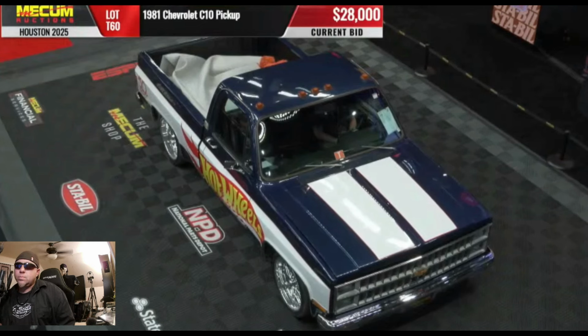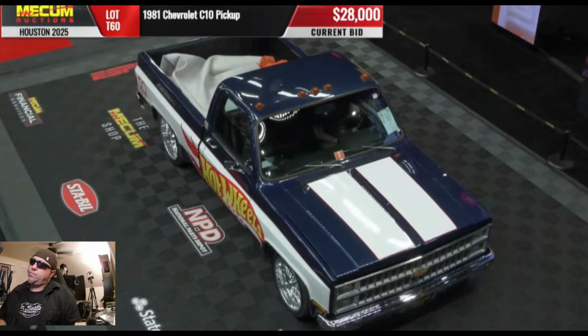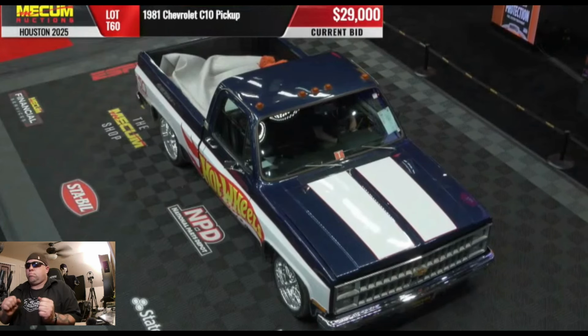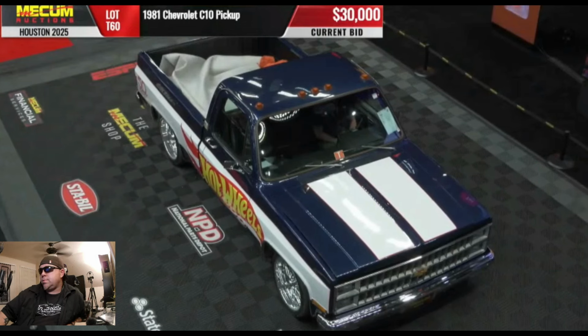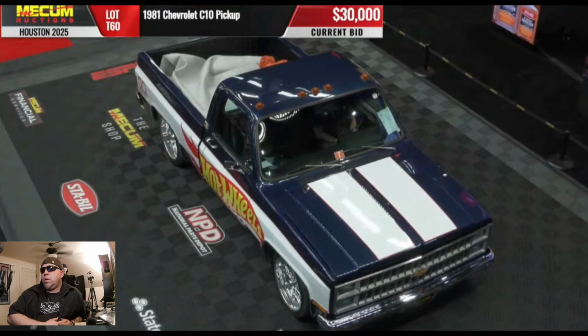Whatever. Bid, not get a bit of a 30, not get a bit of 8, not get a bit of a 30 bid, and not get a bit of 9, 30,000 a bid, 29, 30,000 a bid, the truck off the block, 30,000 others 2, 32 bid, 32, reserve is on, 30 bid 2, and 30 bid, 32,000 a bid, not get a Paul, how you doing back there, 32, and not get a take it away, not get a bit of a 2, not get a bit of 32, and not get a bit of a 2, not get a bit of a 2, down 2, not get a bit of a 2, died half, sold 30,000, Mitch with